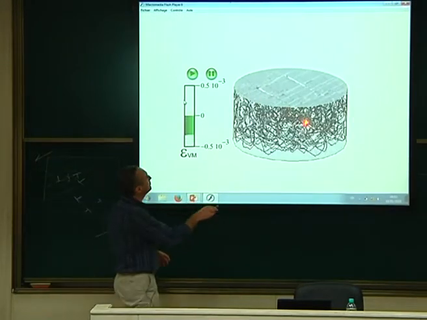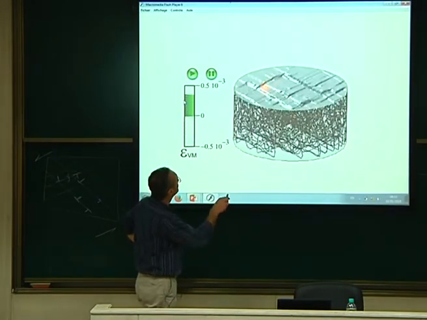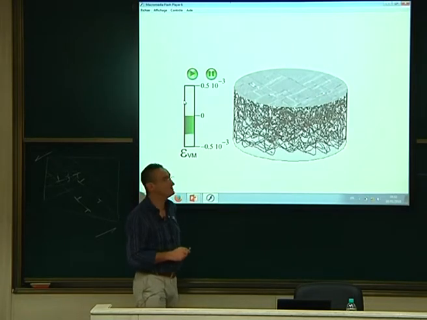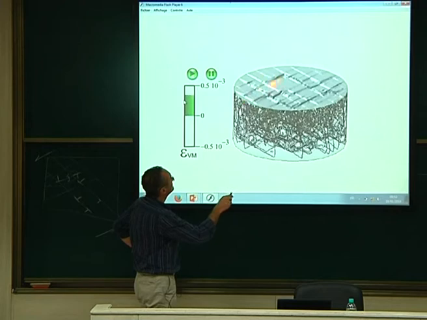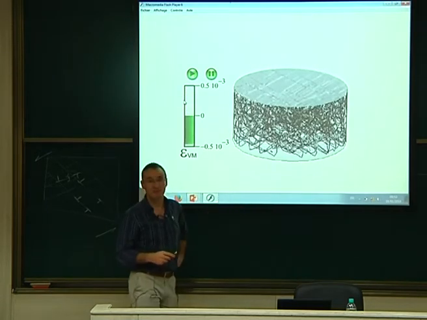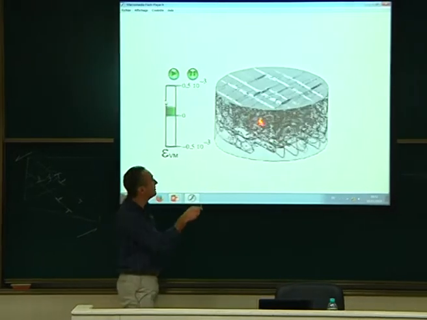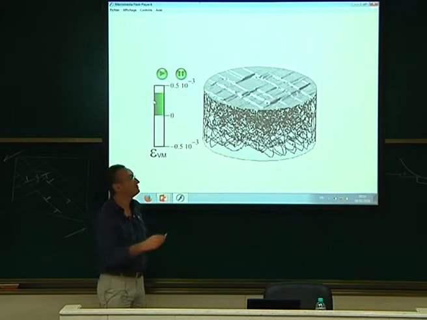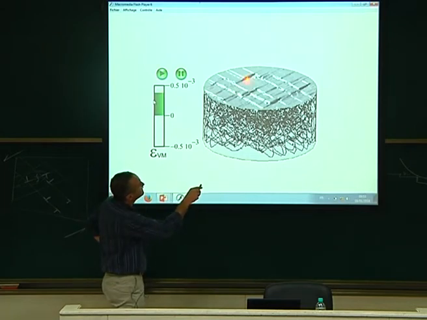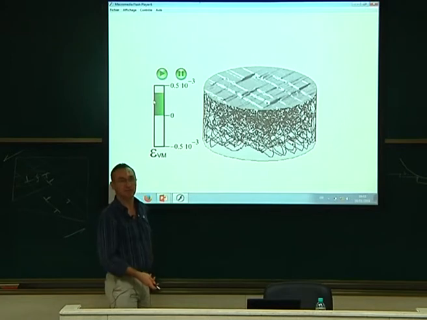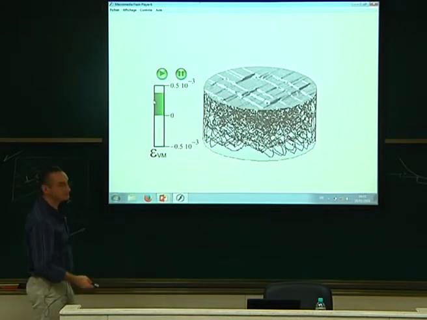But now, if you go on cycling and cycling, you can see here things concentrate. It's no more homogeneous. You have fewer steps and they are more localized in bands. This is a band, this is another band, this is another band here. Those are the persistent slip bands. Persistent slip bands are forming here, like this, and this is bad for the material now. Because this will localize the plasticity, you clearly see a big step here, and this is very bad, and it could be the origin of a crack. So this we will check.